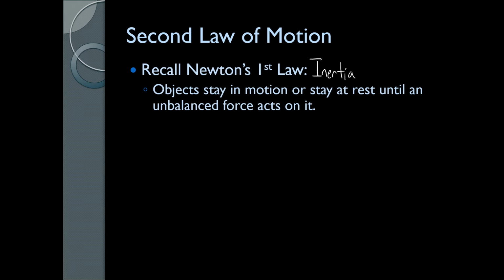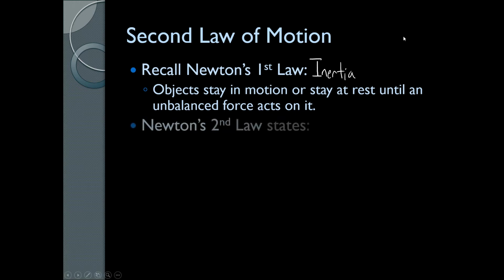So if it has lots of inertia, it's really hard to get moving. And if it has lots of inertia, it's really hard to change its motion. And then on the flip side, if the object has low inertia, it's easy to get moving and it's easy to change direction. Okay? Now, Newton's second law of motion kind of builds on this a little bit, because it says